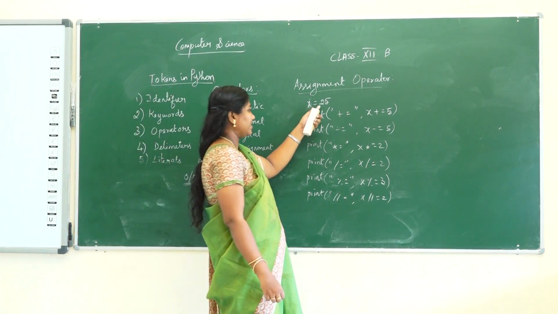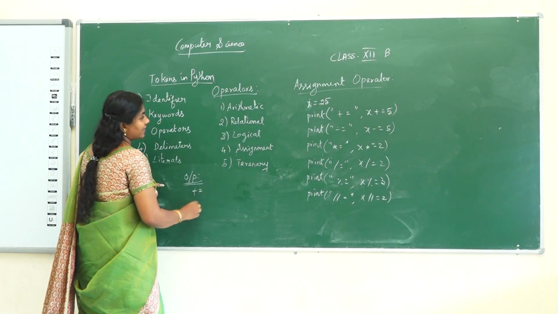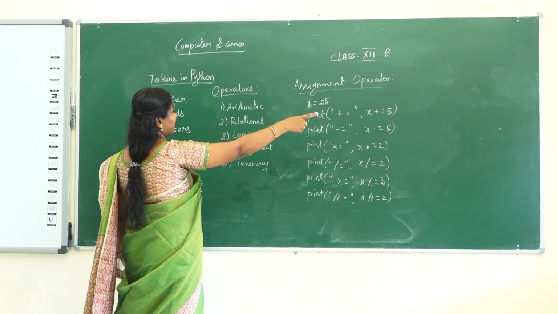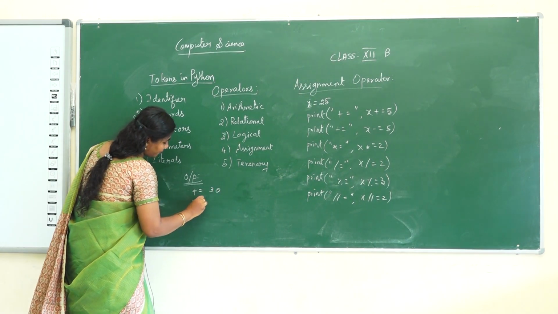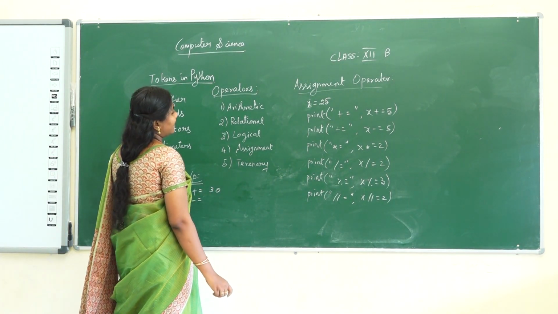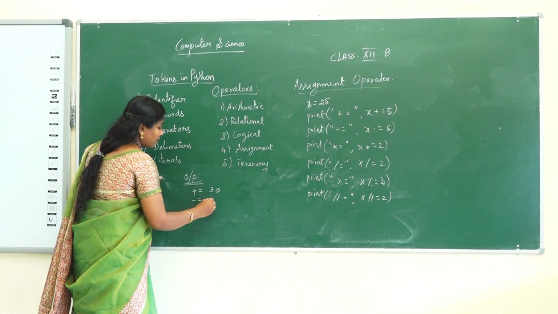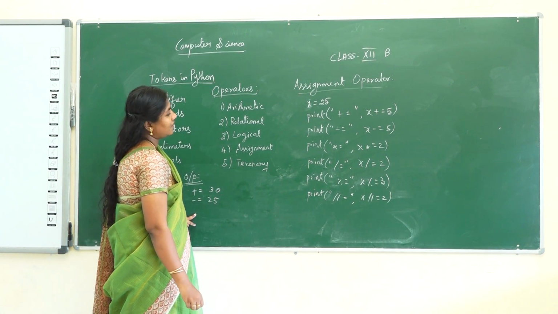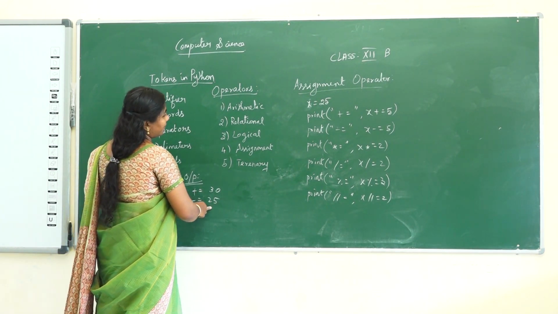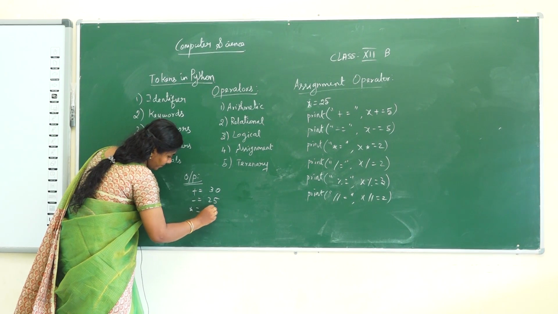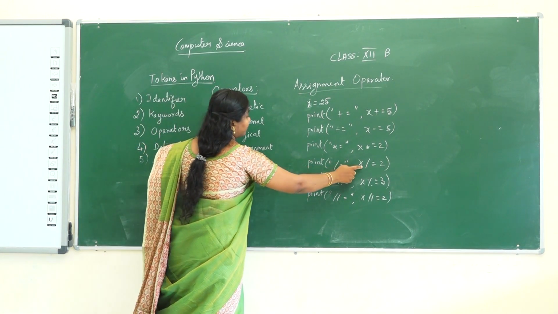So, first I have given the value x is equal to 25. Next I have asked to print x plus equal to operator. So, I will be having x plus equal to 5, then what will be the value of x? 25 plus 5, 30, okay. Then for the minus equal to operator, x minus equal to 5 means, now the value of x is 30. So, 30 minus 5 it will be 25, and next x star equal to 2, now the value of x is 25. So, 25 into 2 is 50, and next the value of x is 50. So, 50 slash 2 will be